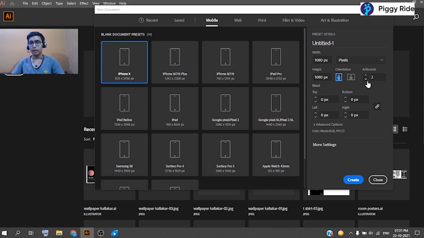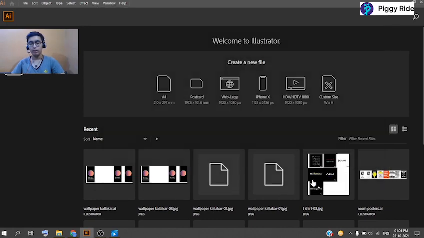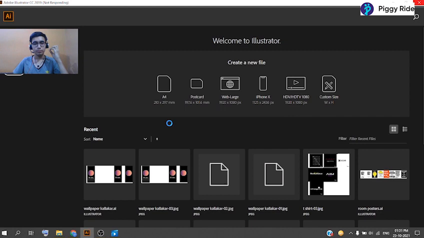Or we can change the number of artboards from here, like how many artboards we want. Or we can change the bleed size. The bleed size is kind of an advanced option, so we will not be talking about it in this session. After that, we will click on create, and it will open a new canvas with the artboard for us.